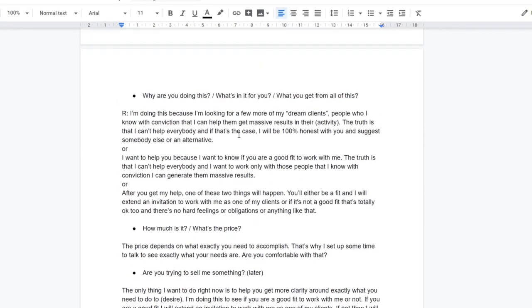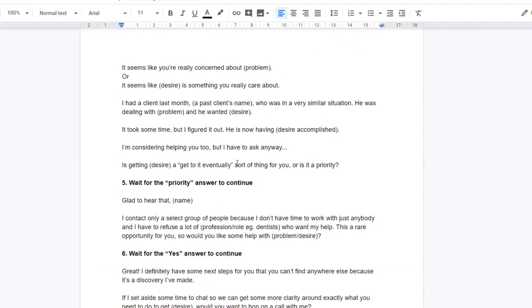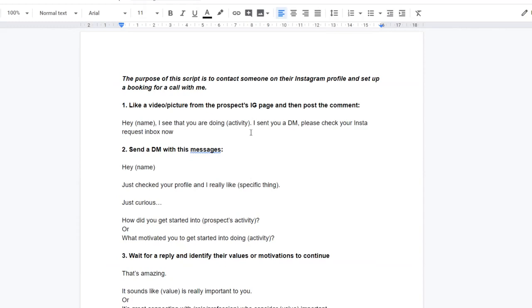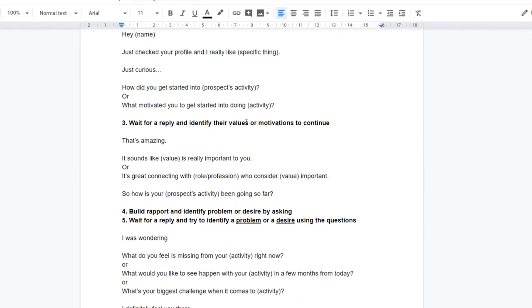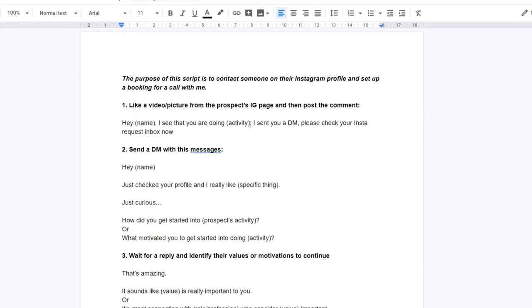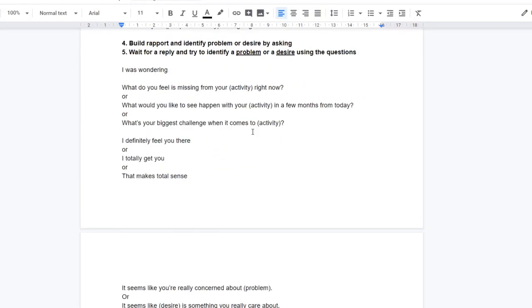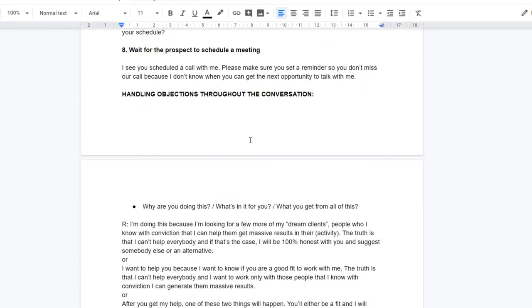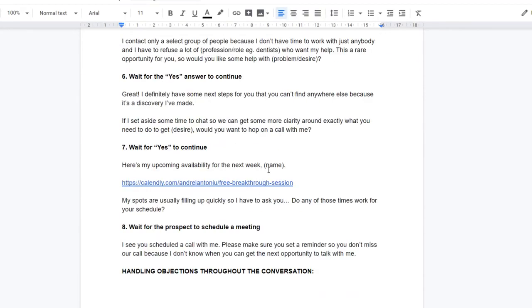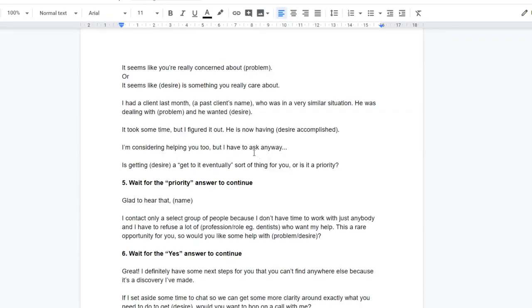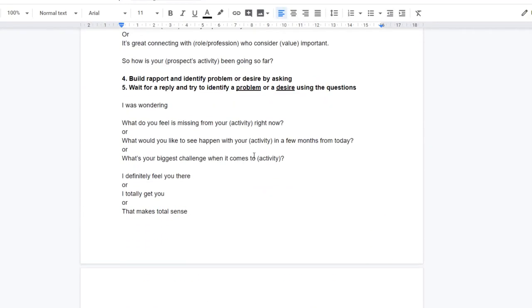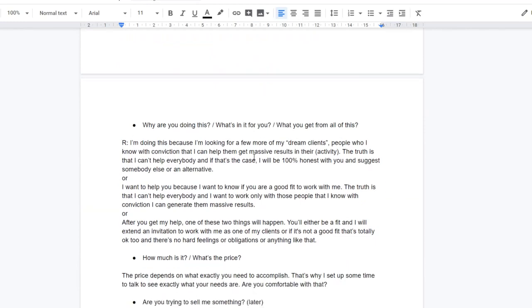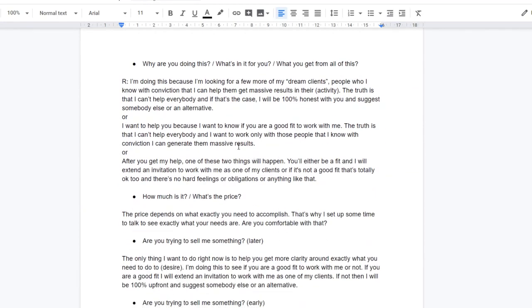And that's basically it for this script. It is a very powerful script, and this script is worth the whole course, to tell you frankly. It is worth the whole course. So if you use this, you will get a lot of free sessions, and then I'm going to show you how to do the free sessions and actually make a sale. Okay. That's it with this script.